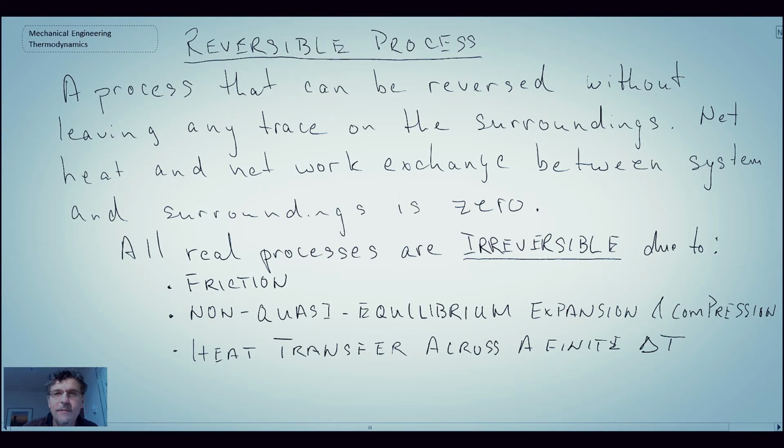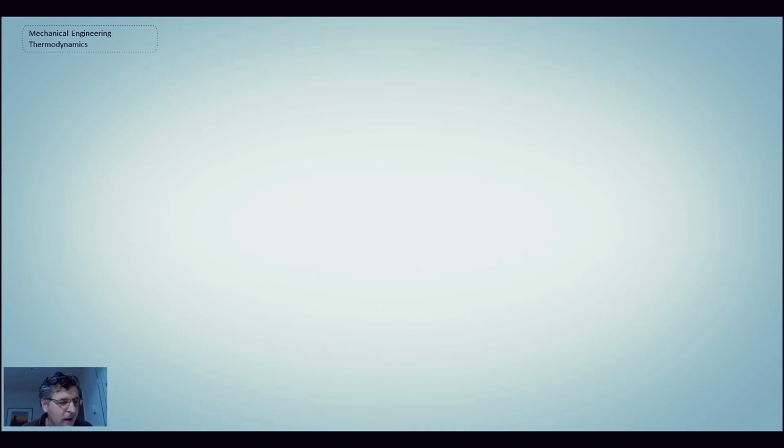Okay, so if that's the case, why should we even discuss reversible processes? Well, they represent idealizations, and they give us a good benchmark for how our real-world processes are compared, or how they're performing with respect to the reversible process, which would be the best that we could possibly do. So reversible processes